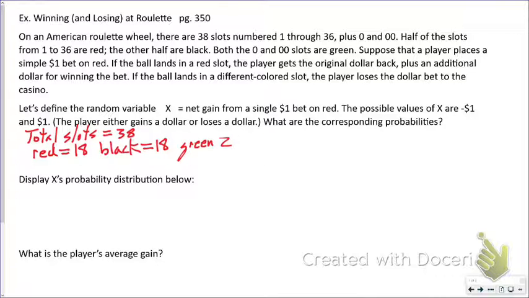We're putting $1 down on red, which means if it lands on red, they're going to give me $1 and another $1. I'll win $1. And then if it lands on something other than red, they'll keep my $1. So I'll come out -1. So I need to make a table